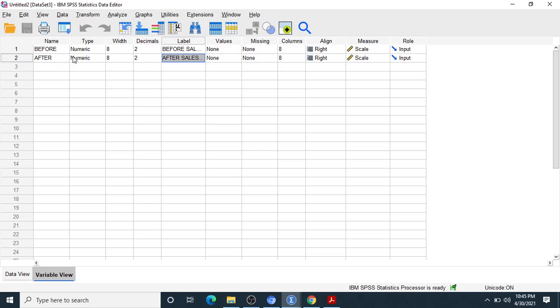This is before and after, numeric, width, decimal, and the labels we give are before sales and after sales promotion. There is no missing value. Both are on the basis of scale. That is very important. You as a research scholar should be familiar with this thing: whether we use ordinal, nominal, ratio or interval. So this is the interval scale. So let us calculate the result.